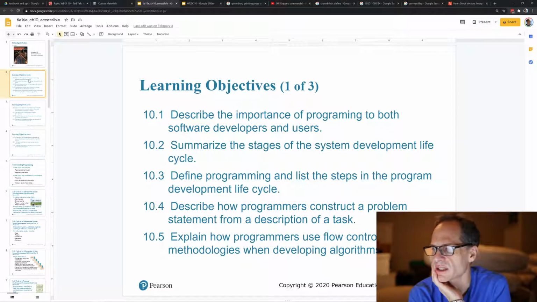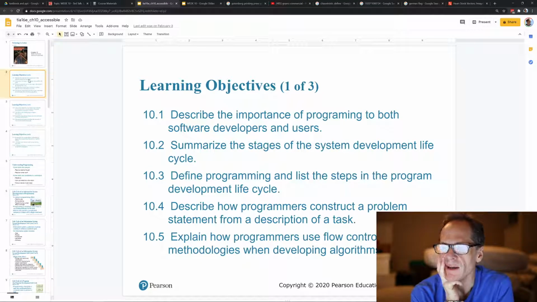Summarize the stages of the system development life cycle. The system development life cycle, the SDLC, is just a problem-solving process. Academics can be stupid at times. Instead of describing this as a problem-solving process, which we use all the time, they give it a name, systems development life cycle. Some people even talk about the programming development life cycle. And in other fields, you might have other names for a problem-solving process, the scientific method, if you take science. But basically, the problem-solving process is like